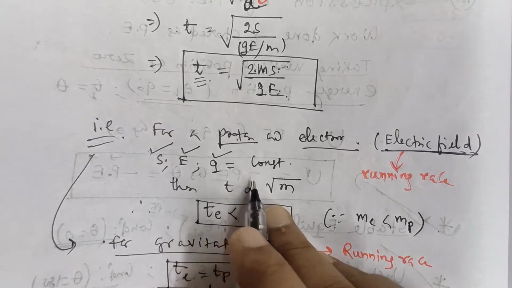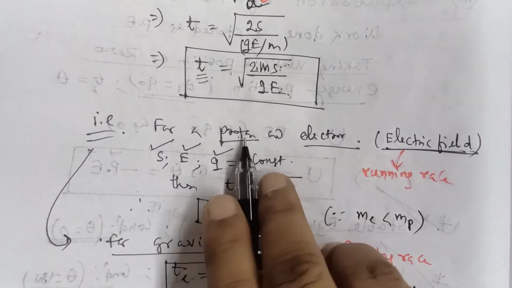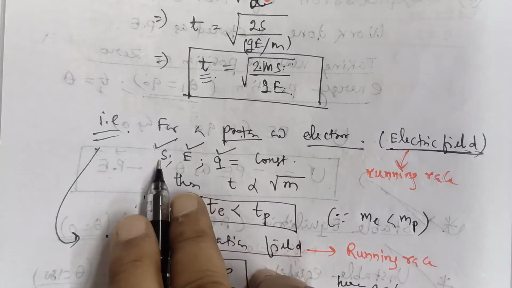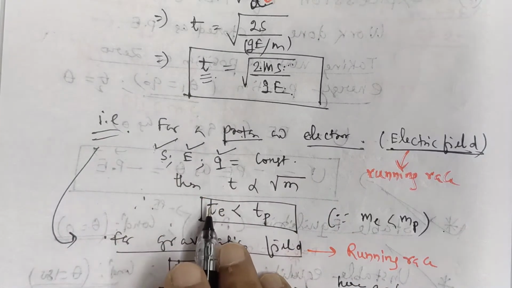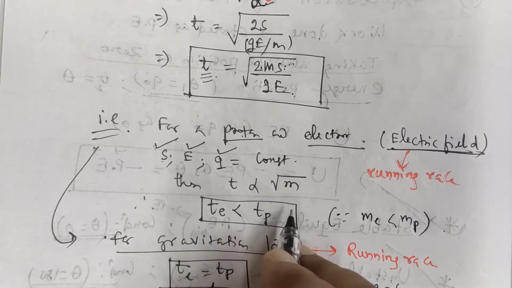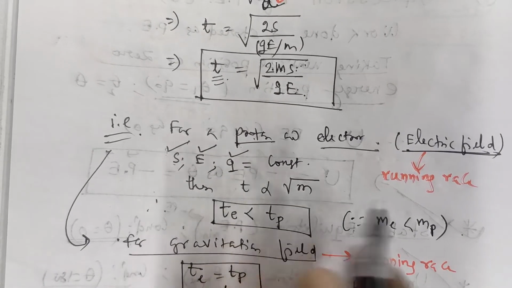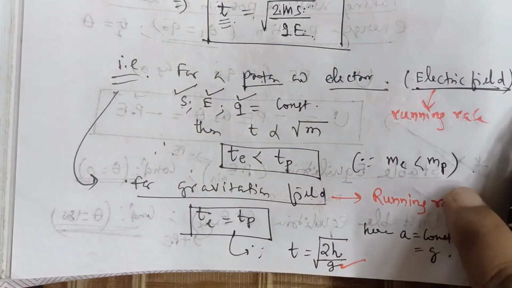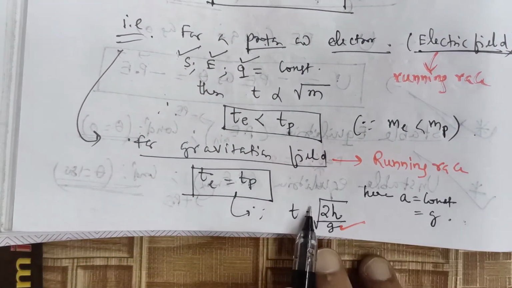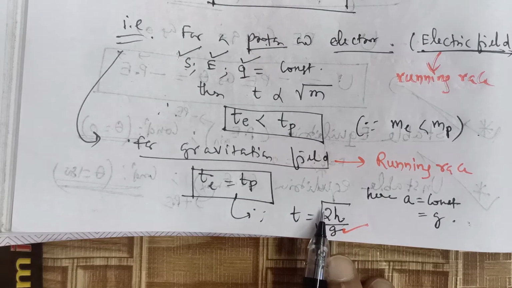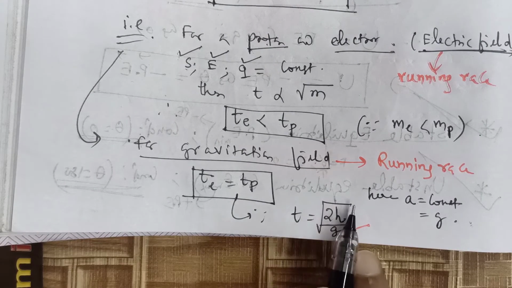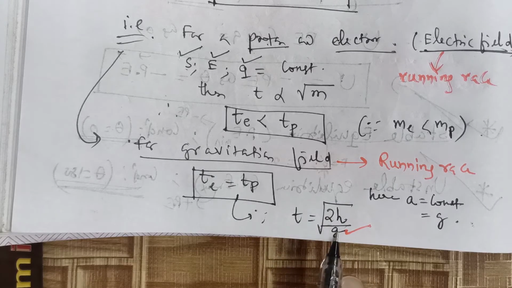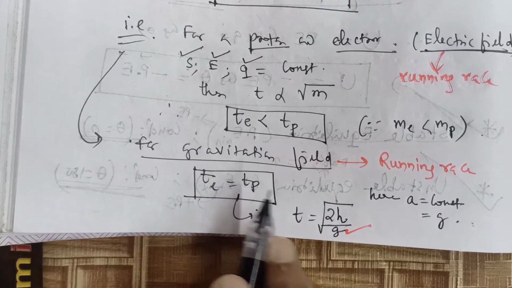So keep in your mind, if in the same electric field, both proton and electron are released from rest and they move a distance s, then which one will reach fast? Electron will reach fast. Now recall this problem in the gravitational field. What happens? In the gravitational field, if initially at rest, the time taken formula you have known earlier is root of 2h by g. For both proton and electron, acceleration due to gravity is the same. So electron and proton will take the same time.